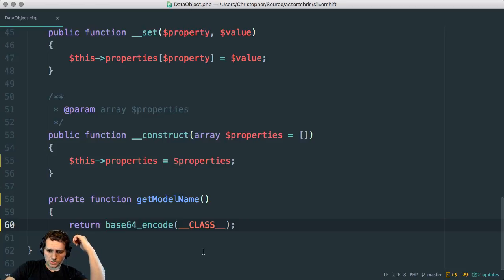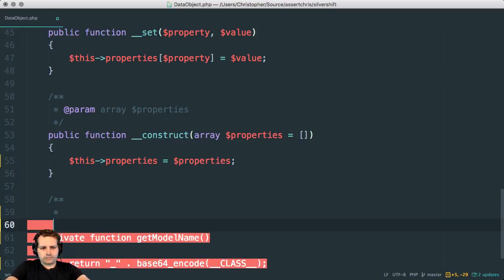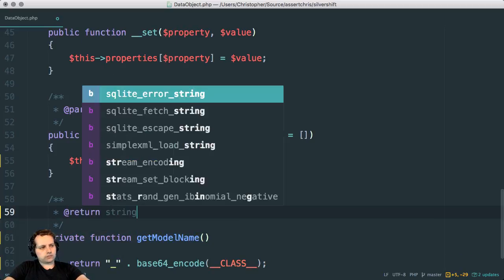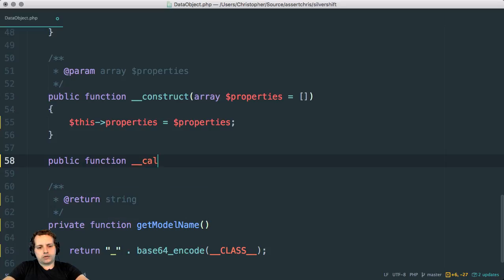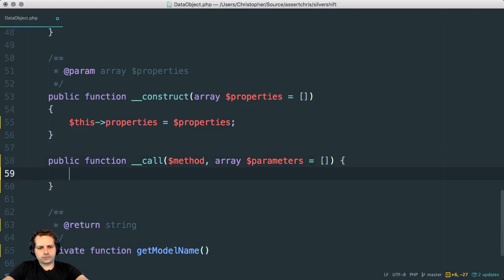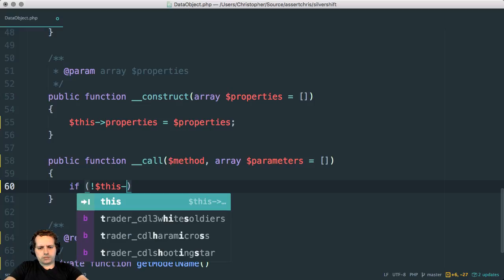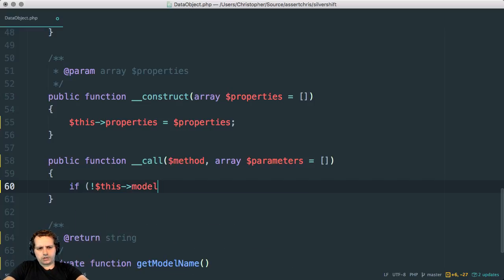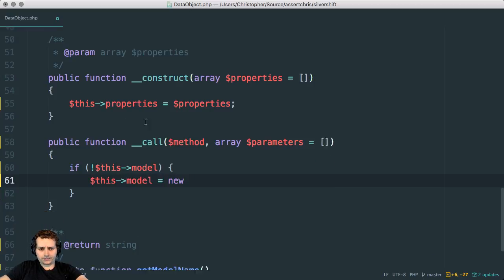We don't want, so we'll just say underscore. It's ugly, but anyway. Okay, so on top of this, we need to have public function call with method and array of parameters. If not this model, then this model is a new, this model is a new